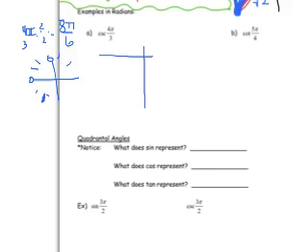Now if you used a different method, that's fine. You could have also said, well, I know that this is 3 pi over 3, so 4 pi over 3 is right here, and it's going to make this angle. You should get the same thing no matter which way you go about it. So this is what represents 4 pi over 3. But I don't care about that whole big angle. I want to know about the triangle it creates. So if I look at this triangle right here,